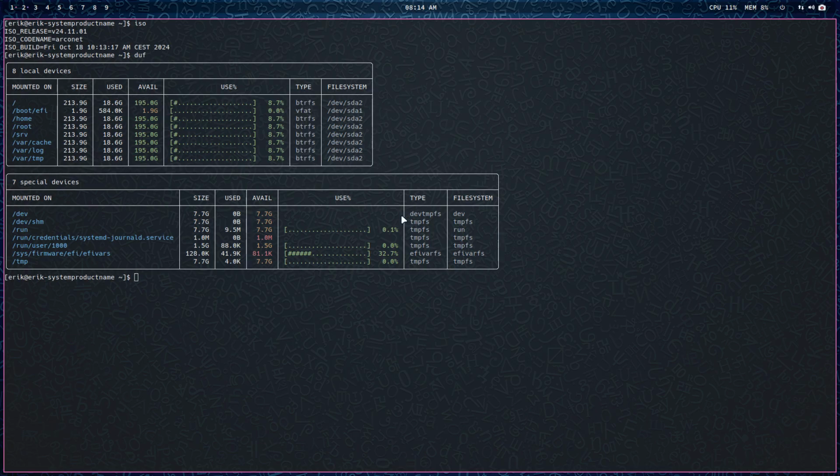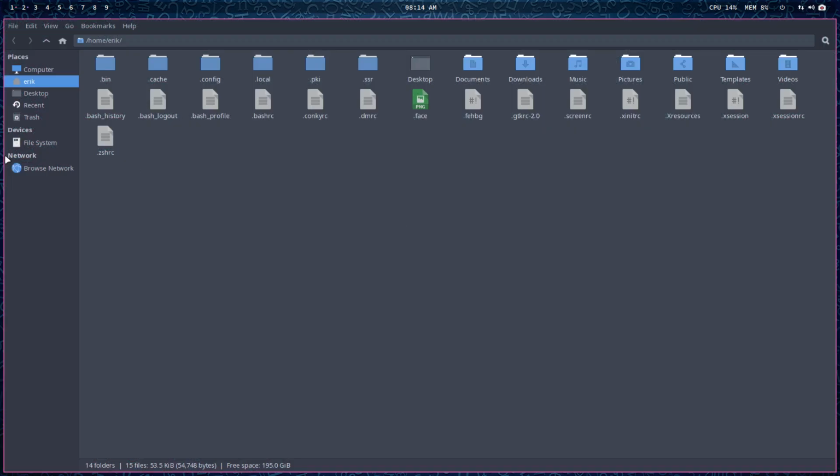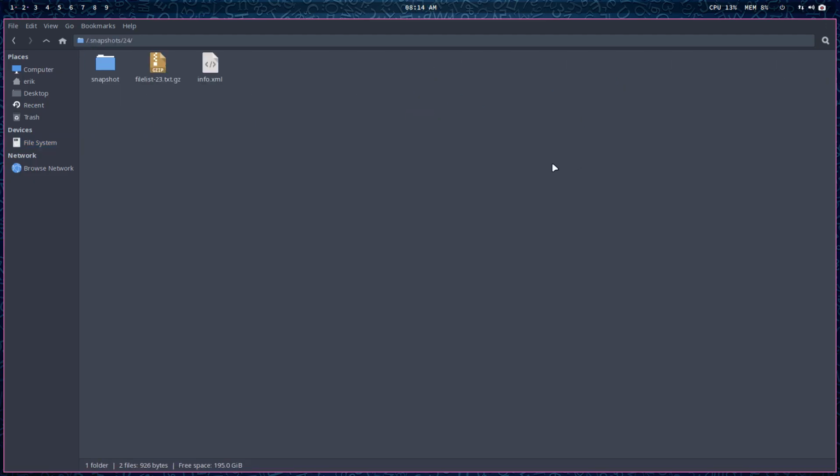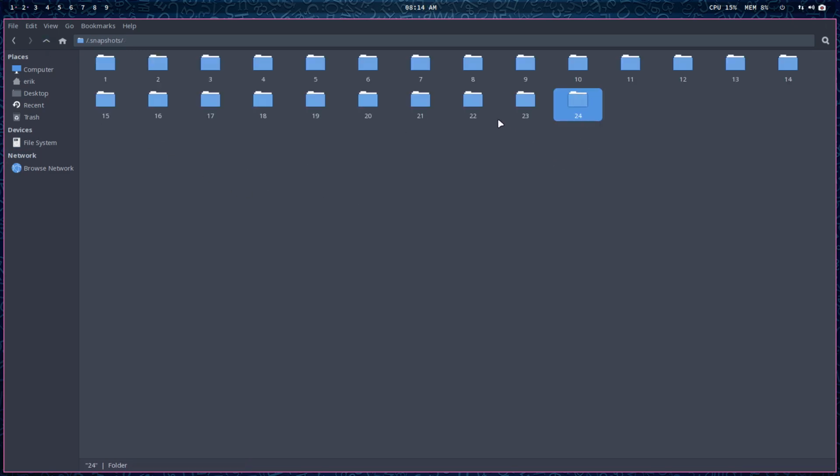So there is something special about BTRFS, and in the file system we have here the .snapshot. So I can go back to a certain state, a kind of time machine like on Mac. You go back to 22 for example, and then all the updates that you've done are omitted, or you're going back in time and say, okay, let's start and use that particular version. Okay, so that means if I update this thing,